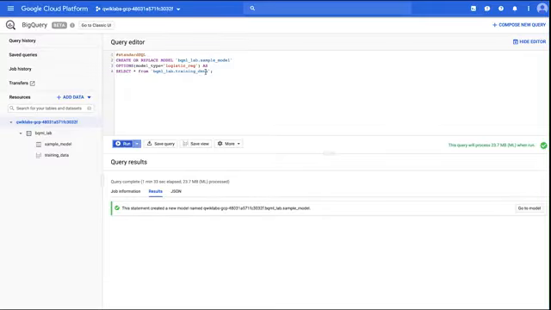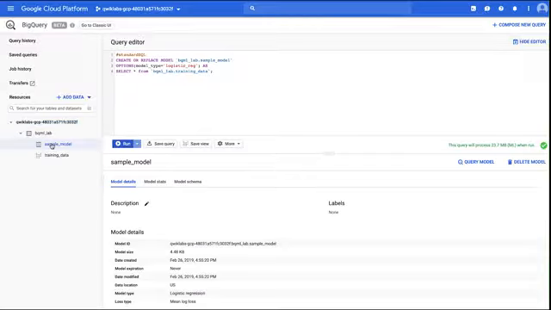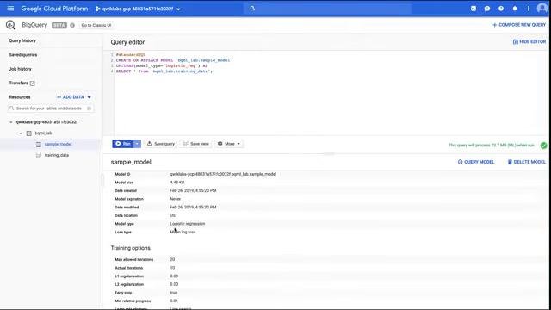And now it's ready. Under that dataset, we now have a new item called sample_model. This is basically the trained model from BigQuery ML. If I click on it, I can see 3 tabs: model details, model stats, and the model schema. Model details just tells you a summary of the model.